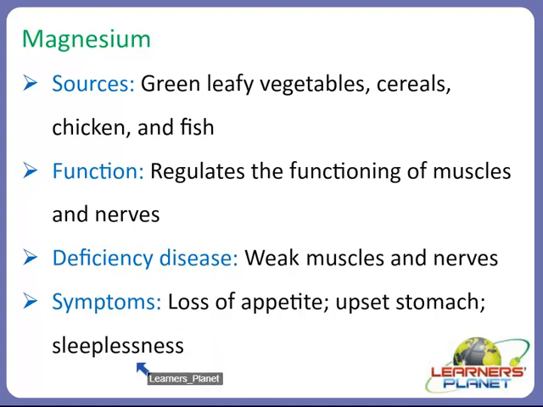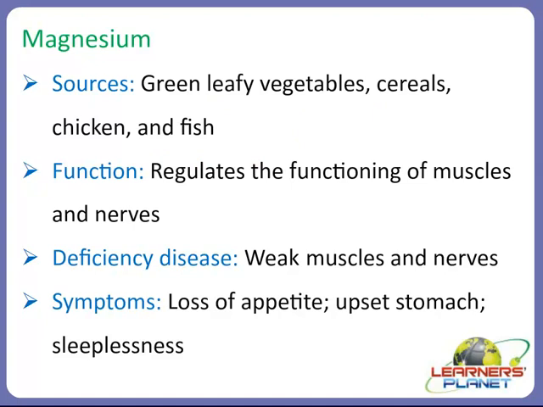Means the person is not able to sleep, and if the person will not sleep or take rest, then you know that the proper functioning of the body will not take place if the body is not getting enough rest or enough sleep, and that is why it will lead to many other problems, that is improper functioning of other organs, right? So magnesium is also very much important, right? So we should consume such components of food in our diet, right?